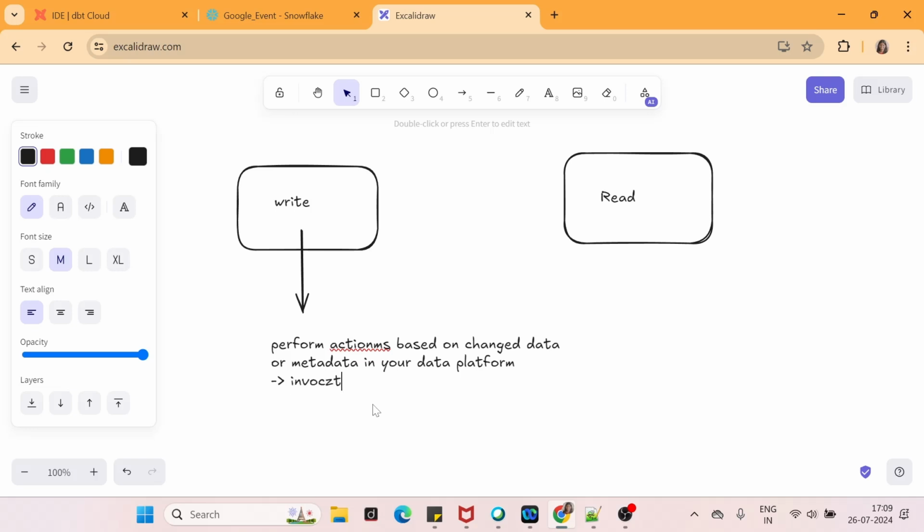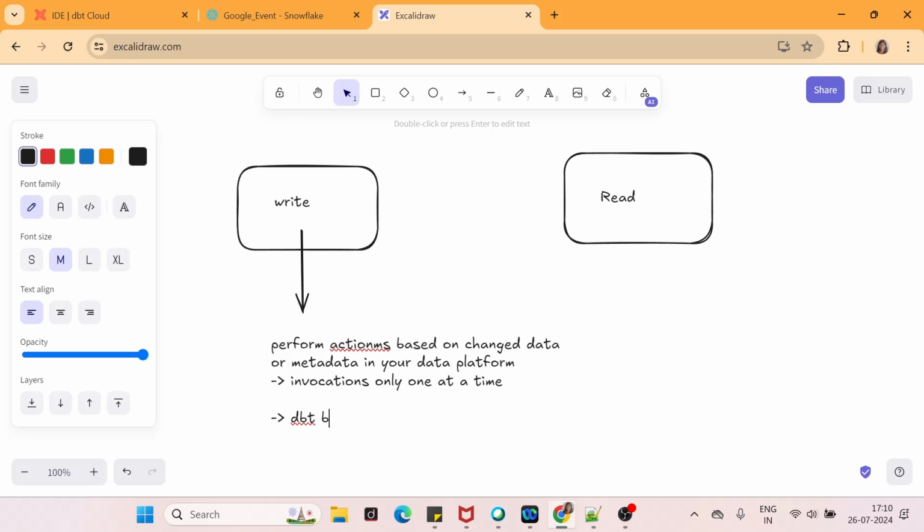So invocation only one at a time, right? Once your dbt write command finishes, only then can you enter another dbt write command or another dbt read command. That was the most important part here. This is also to prevent any potential conflicts that can happen while overwriting or updating your table in your data platform. Now let me give some examples which we are going to look at today.